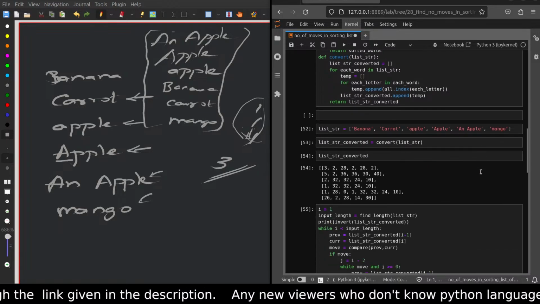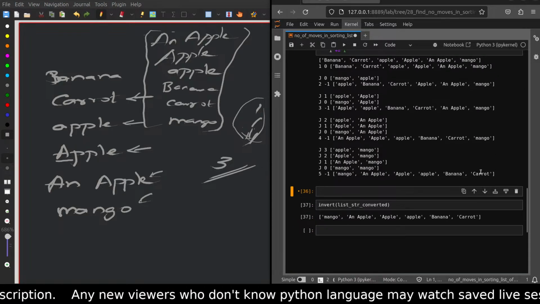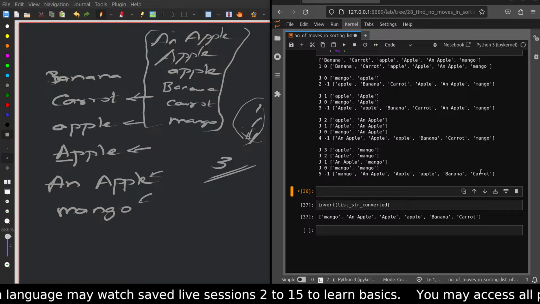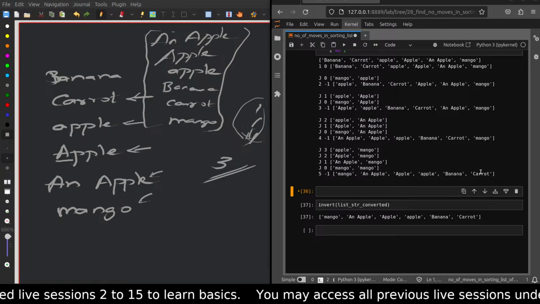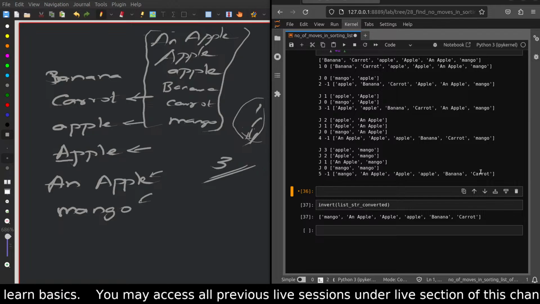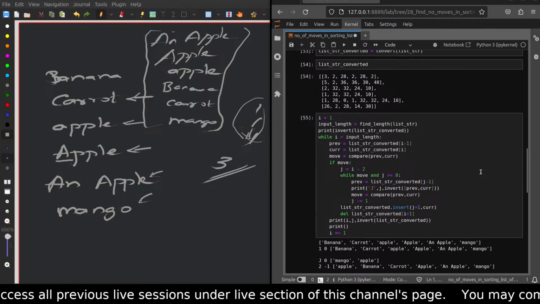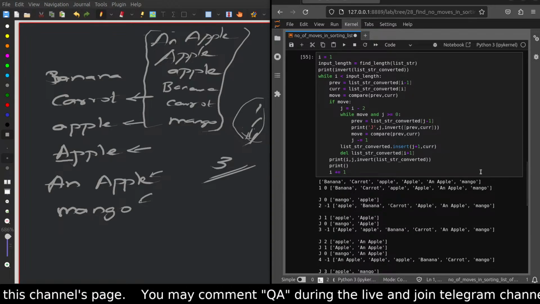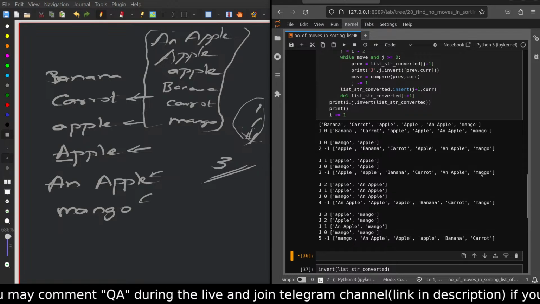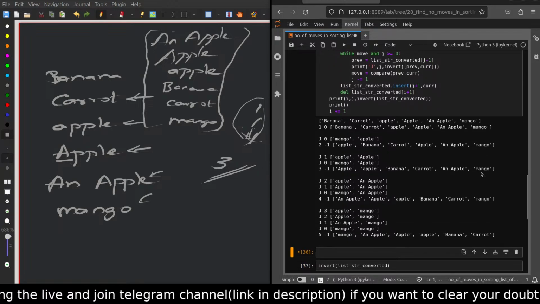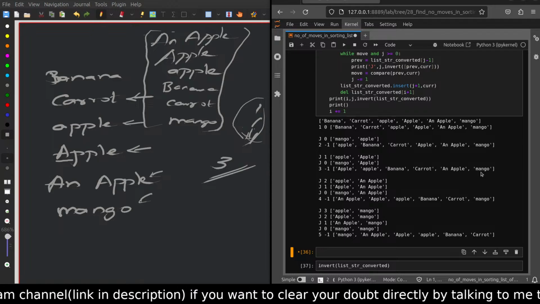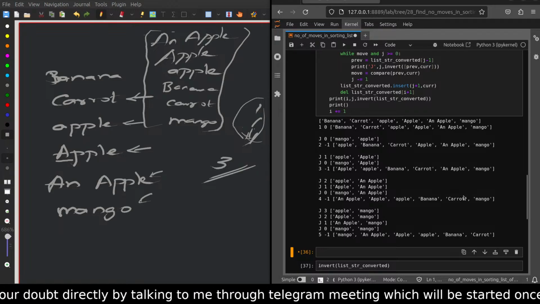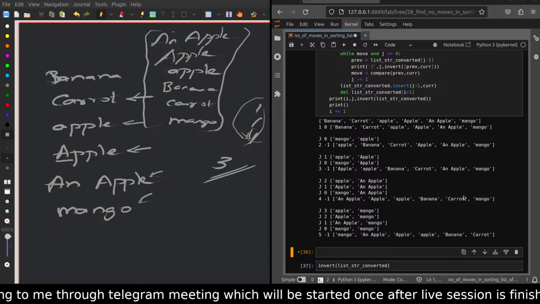No, we are only passing those particular words. Even in that case, when J is 3, then mango, you have to compare this with carrot, isn't it? That means,